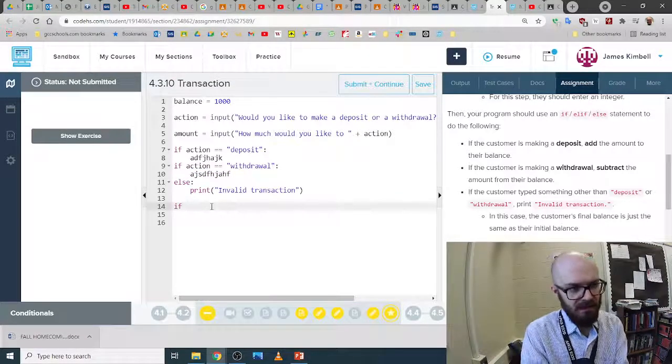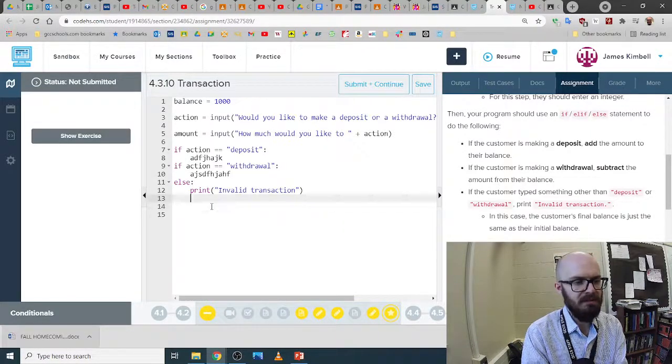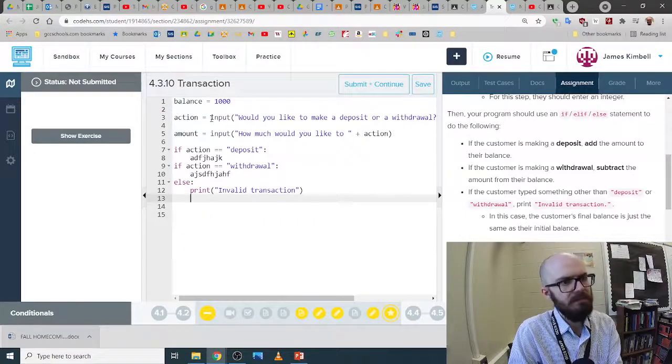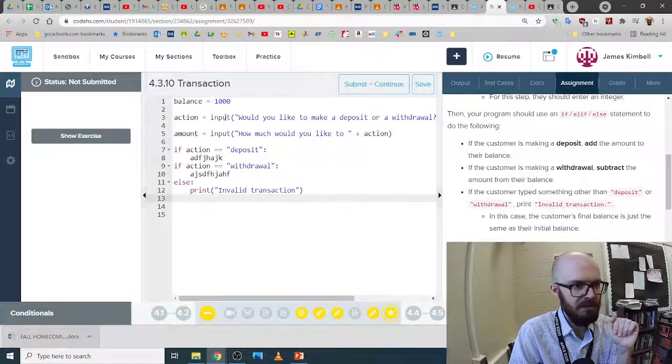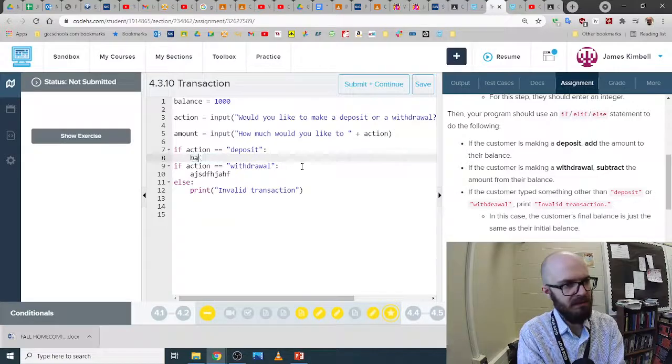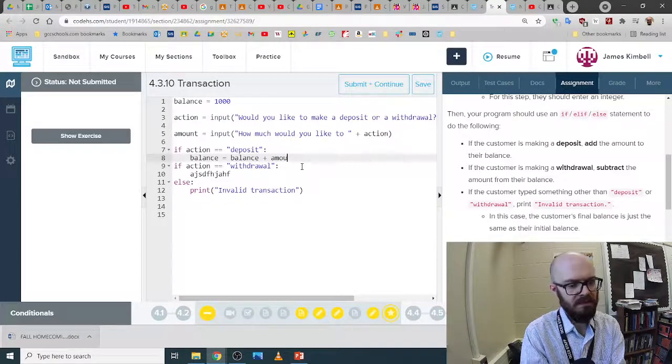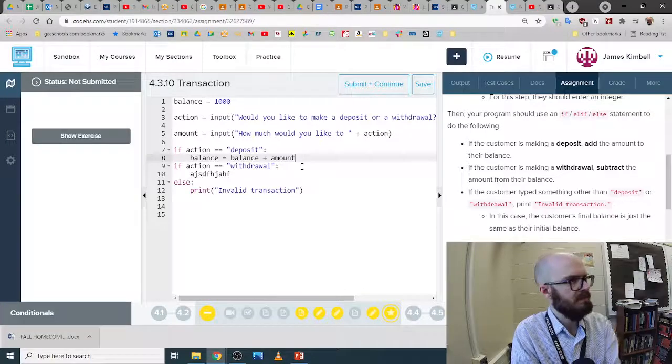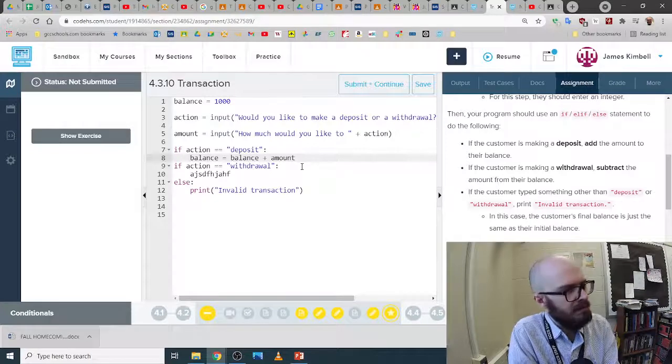And we'll say something like, we'll save that for later. Okay. So balance is 1,000. We know what we're going to do, and then we're going to do something with it. So if action equals deposit, then we're going to say balance is balance plus amount. Okay. And this right away gets us to some interesting stuff, because the equals in this line